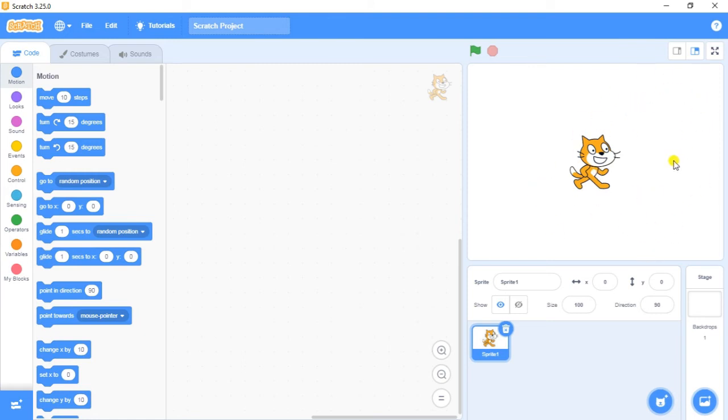So now what is the stage? It is the main working area to draw pictures or perform actions. Stage is the place where sprites move and interact with each other. It is 480 pixels wide and 360 pixels high. It is divided into X and Y coordinates. X means the sprite moves toward this way, the right-hand side, straight right. And Y means the sprite moves in the Y direction. Y is the bottom side.